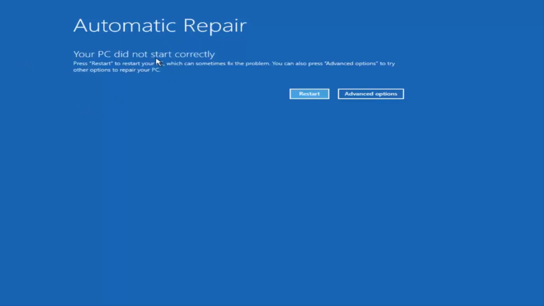So again, you would do a hard power off, so press your power button 3 times, just like do a complete power off: turn on, turn off, turn on, turn off, turn on, turn off, and then hopefully it would launch a screen. If you were unable to get to this screen, you are more than welcome to download the